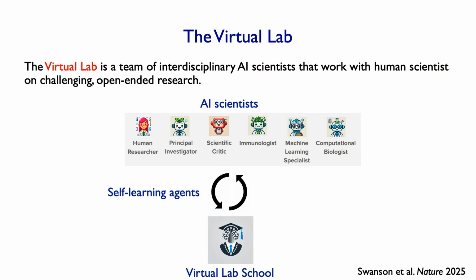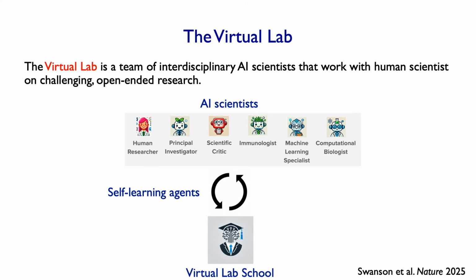One example of these agents that we created is the system that we call the virtual lab, which is a team of agents that mirrors my physical lab at Stanford. In the virtual lab, we created an AI professor agent. Working with the AI professor agent, we have a team of different AI student agents with quite diverse expertise, ranging from immunology to cardiology to data science. The agents have their own group meetings, and we give them a budget so they can do their own experiments. We also created for the agents a school, kind of like a replica of Stanford, where the agents can go to teach themselves how to become better researchers in their domains.